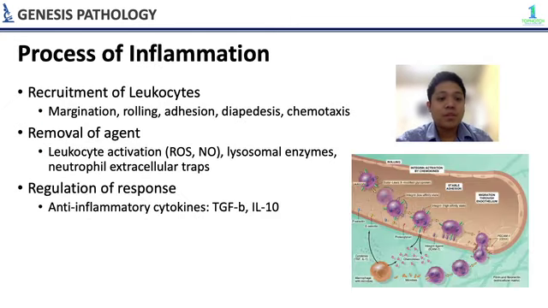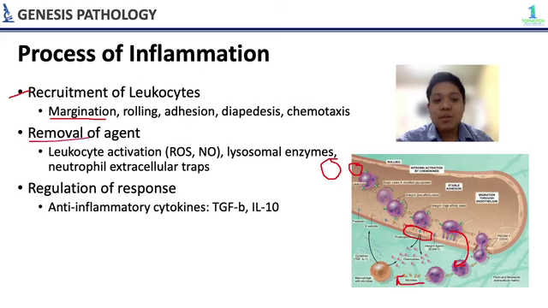Okay, so the process of inflammation. So, first magkakaroon ng recruitment of leukocytes. So, isipin mo na neutrophil ka and then sabihin sa'yo ng body, oy, mayroong sugat. You have to go to this site, sa finger. Okay, so for example, nandito ka pa sa may heart, ganon. So, pupunta ka dun sa arm and then yung vessel doon, magkakaroon ng margination muna or pupunta ka doon sa blood vessel wall. And then mag-roll ka to the site and then magkakaroon ng adhesion doon sa endothelium. And then diapedesis is going through the endothelium and then chemotaxis or going to the site of the injury.